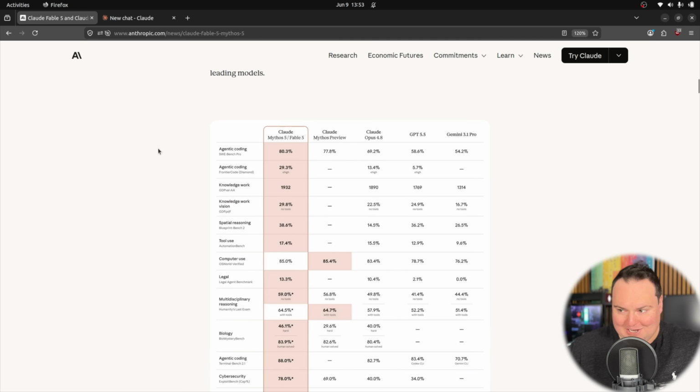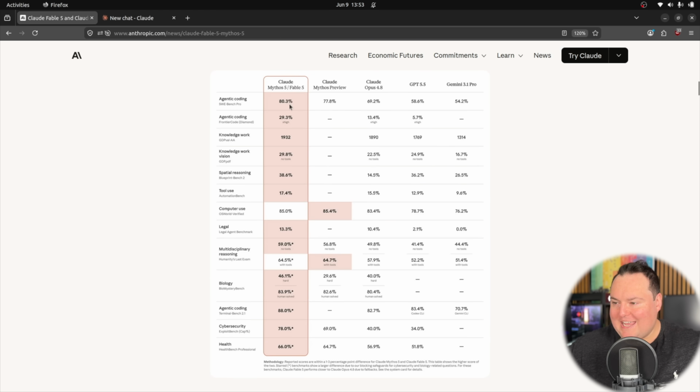Now, of course, we have the benchmark JPEG, which is not a huge leap. Oh, no. Okay, yeah, apparently it is. I was just looking at Claude Mythos Preview here, which was not publicly available to anybody. So basically, this should almost be next to these three models right here, because the leap in capability between the highest performing model, at least based on this benchmark, which was Claude Opus 4.8, and Fable 5 is significant.